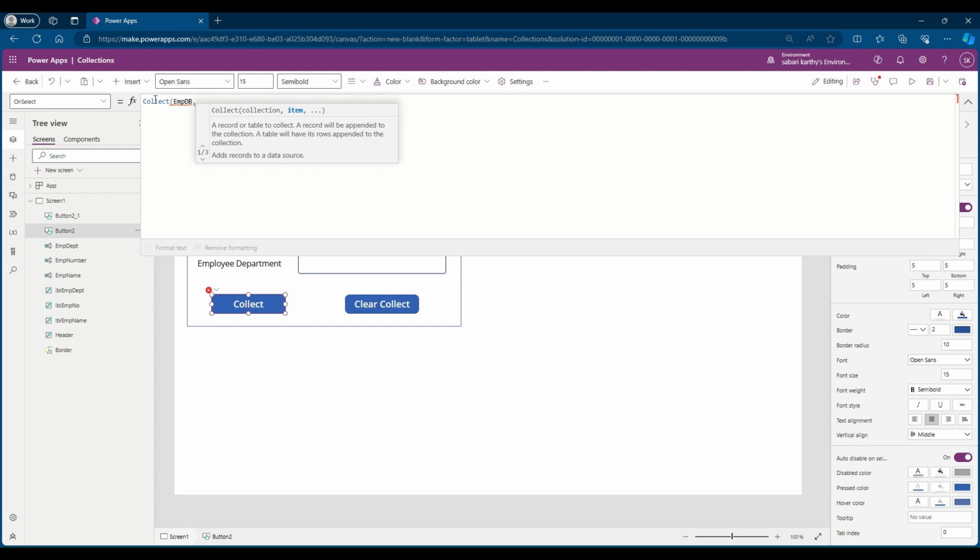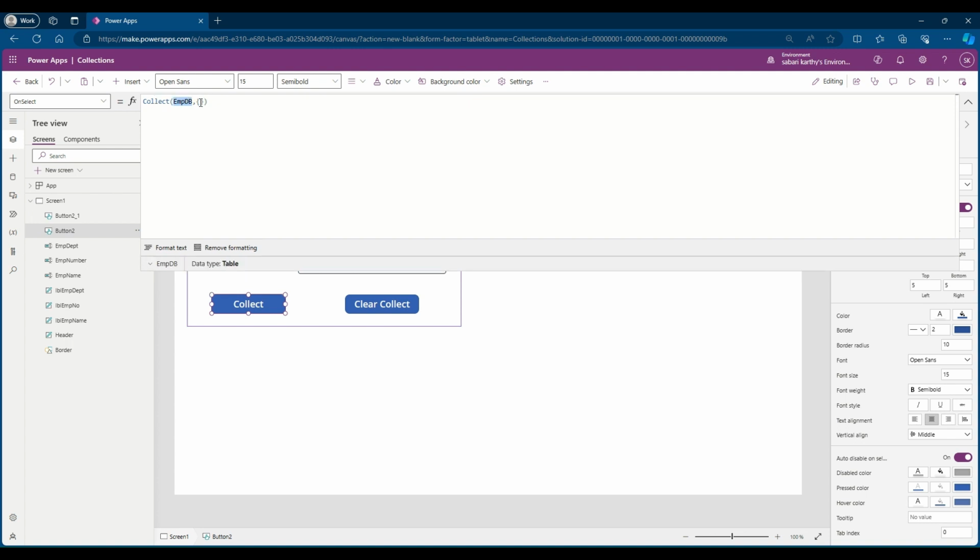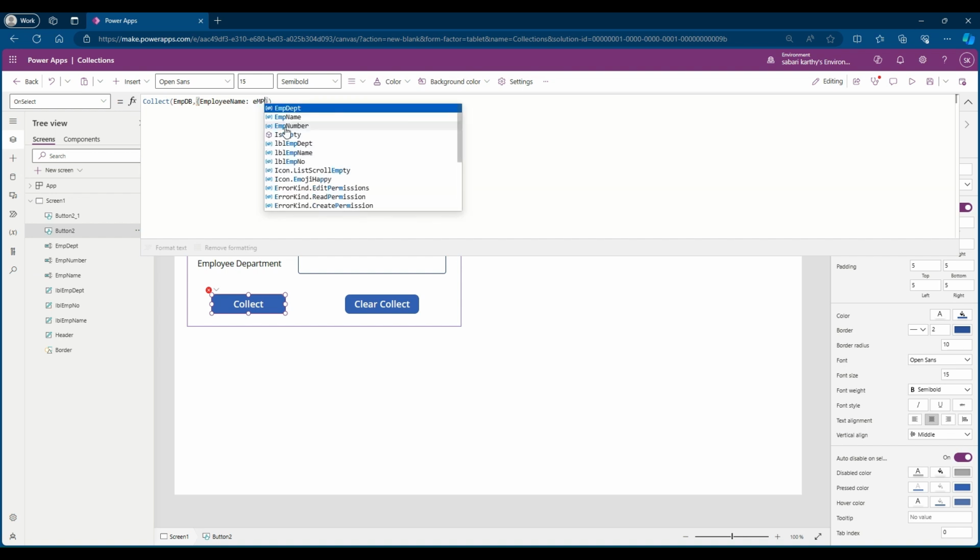Since this is a type of record information, I'll just use the curly braces and fit inside the curly braces the information we want. So I've just opened and closed the curly braces and closed the bracket. So now the employee database will store empty data. Let's type in the information we need to store. The first option is employee name, colon, and we need to pass in the information typed in this employee name text box. So let's call it emp name dot